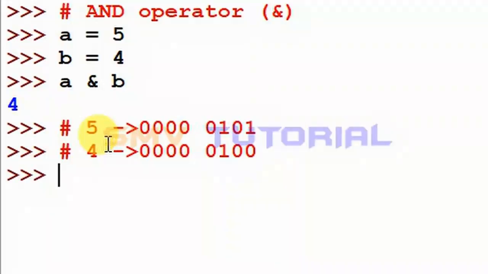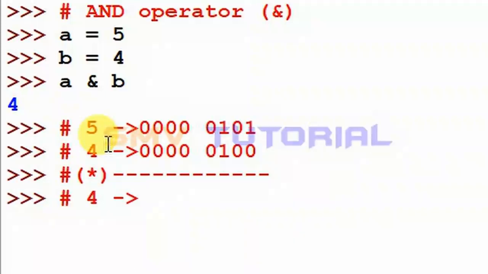Now I will explain that. AND means multiplication, so I multiply these two values, 5 and 4.